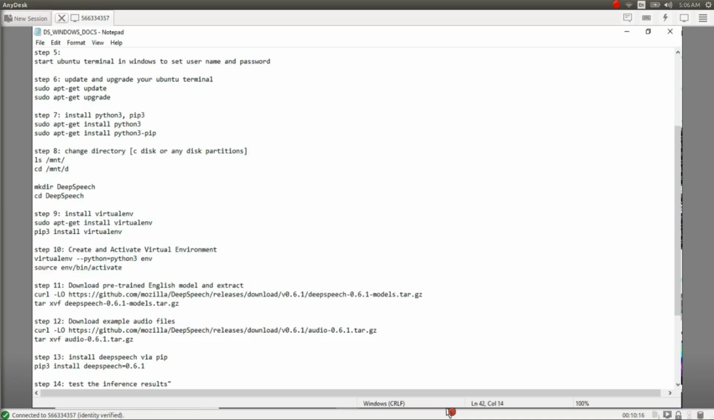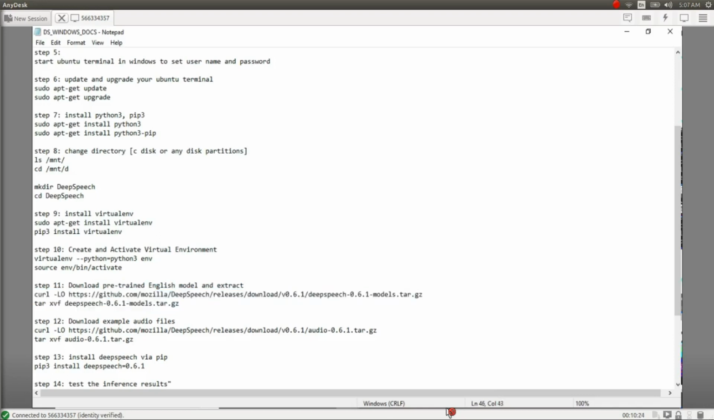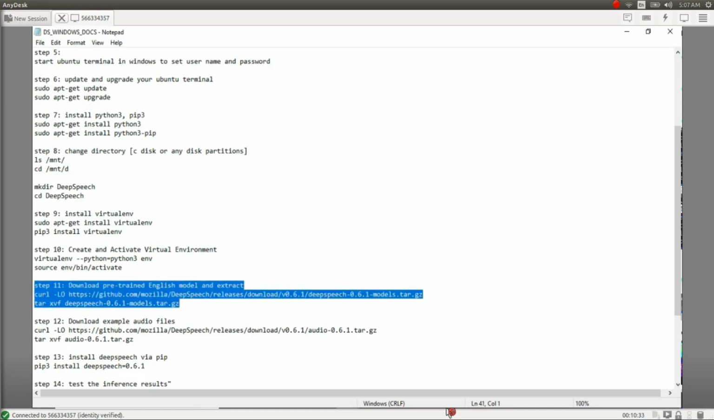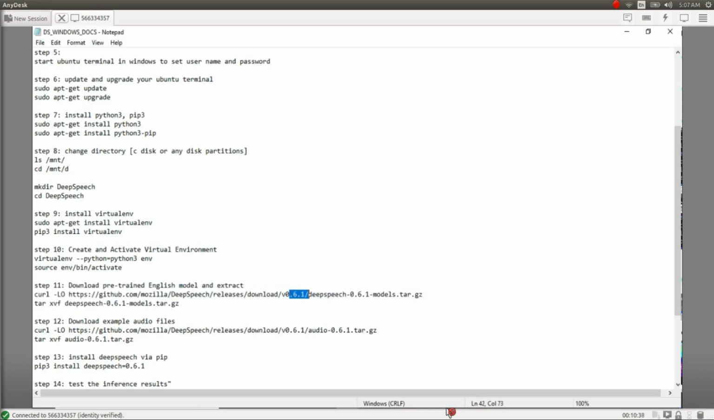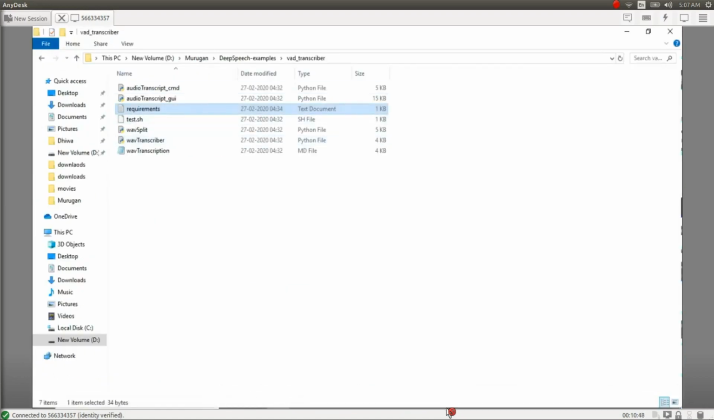Okay guys, now we need to download the DeepSpeech pre-trained model. Directly copy and paste this command and you can download it. I am doing this now for DeepSpeech 0.6.1. This is our latest, current standard pre-trained model. I already downloaded the model. See, once check it, I will show you. Here I already downloaded it